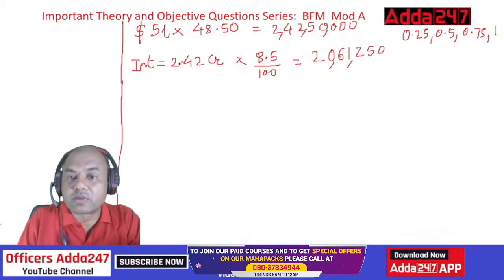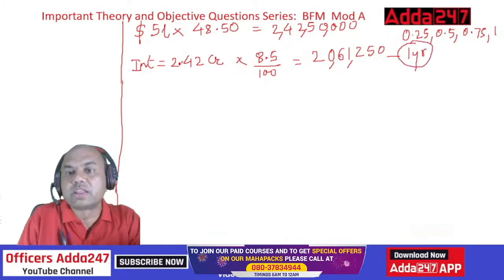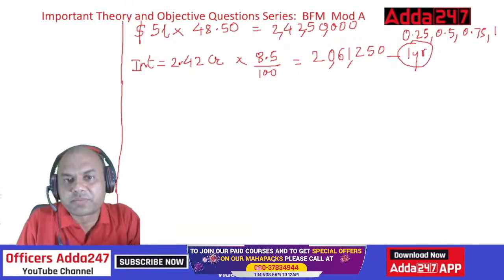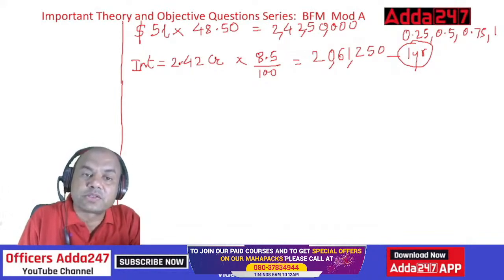It is for 1 year. Now look at this. Very important part. This amount is for 1 year. But for how many days am I financing? This 8% is always per annum. I am financing for 120 days. So what will be my interest amount? So actual interest will be